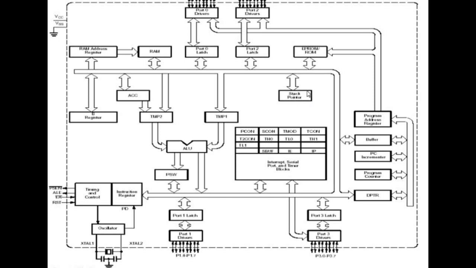This is a section which is part of the RAM, which is used by the CPU to store information temporarily. The stack pointer is 8-bit and holds the address in the current RAM where the last byte of data is to be stored by the stack operation. So we have temporary register 1 and temporary register 2. These are used during compare operations and certain other applications. When we are going to compare two numbers, then these two temporary registers are used.